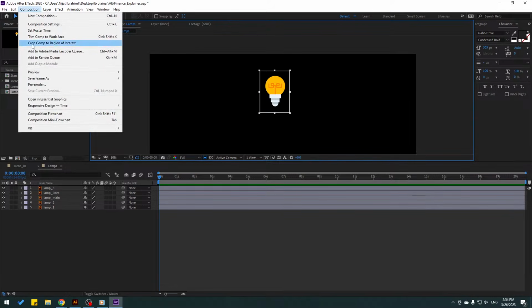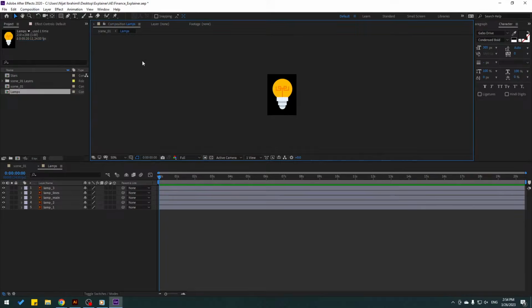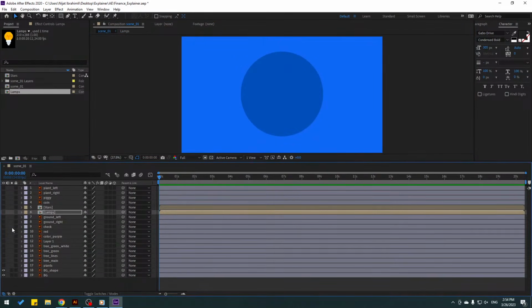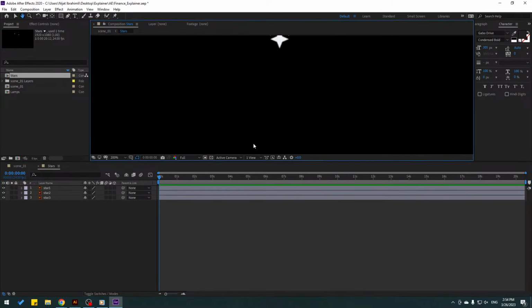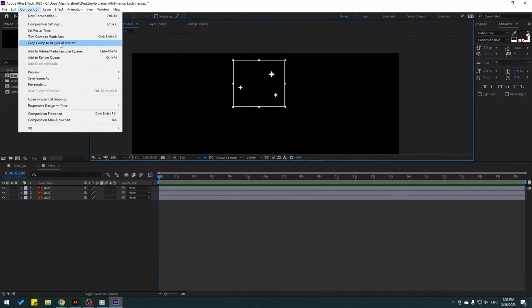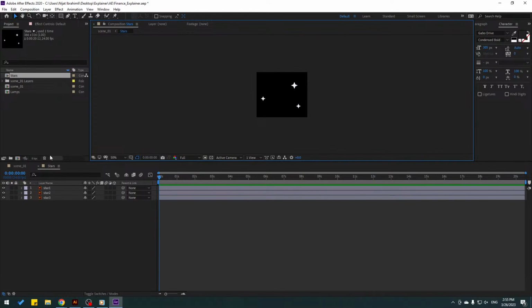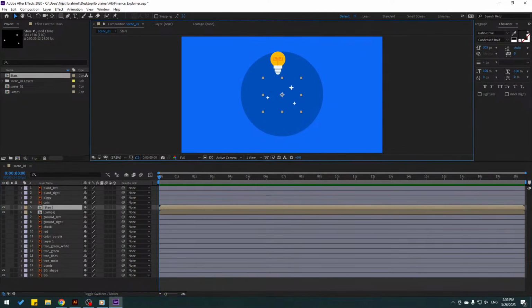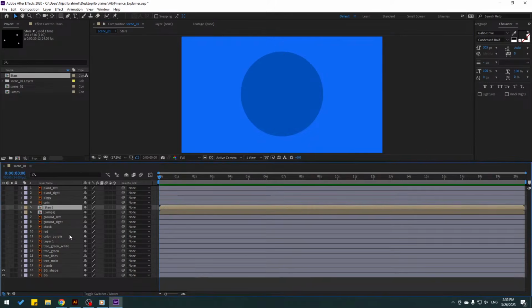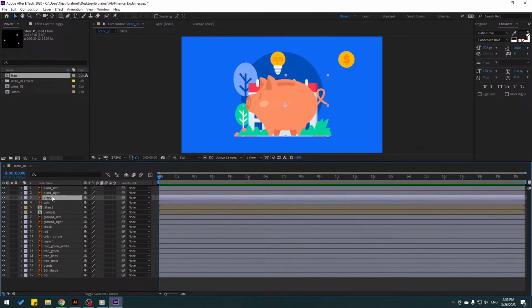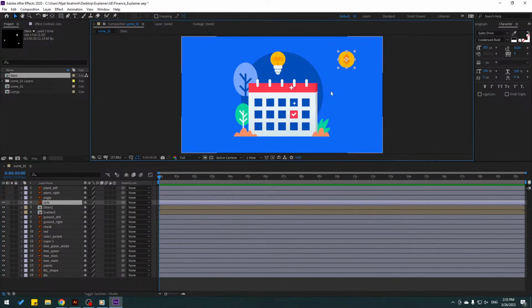And go to composition, click crop, come to region of interest, and close composition, move to here, hide composition, open stars composition, and let's use again region of interest. Let's select region, go to composition, crop, come to region of interest, close composition. Nice. Hide compositions, and let's enable all layers, and let's hide peak icons and coins,